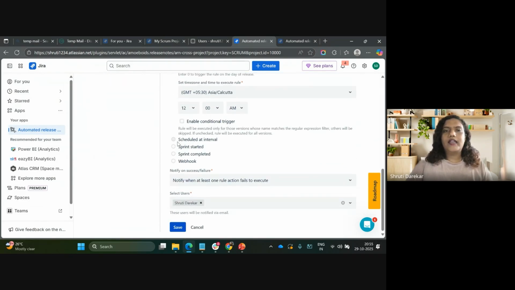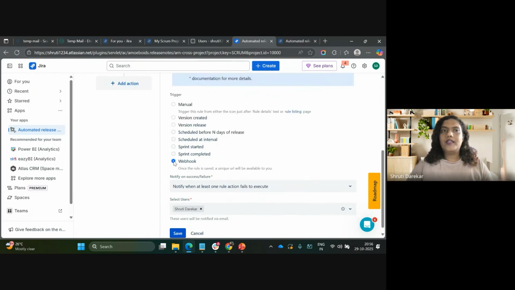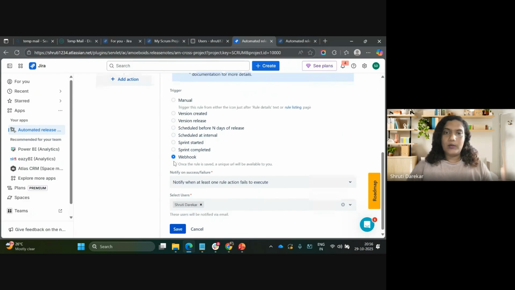Or you want that for a daily stand-up report every day at 10 a.m. everyone in your team should get a report, so you can use schedule at interval. We also have sprint triggers, so sprint started or sprint completed. And if you want to automate and integrate the system into your system or into Jira automation, you can also use the webhook triggers. These can also be integrated with your CI/CD pipeline as well.